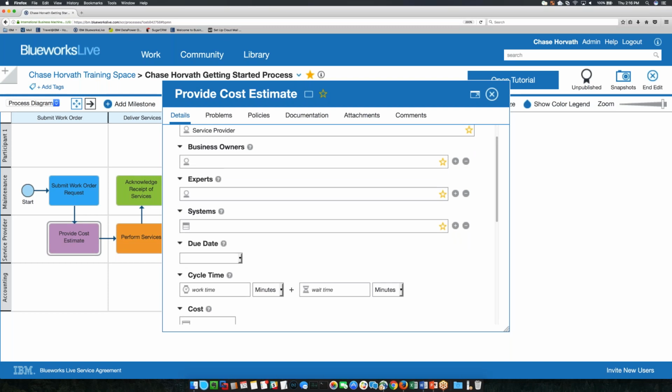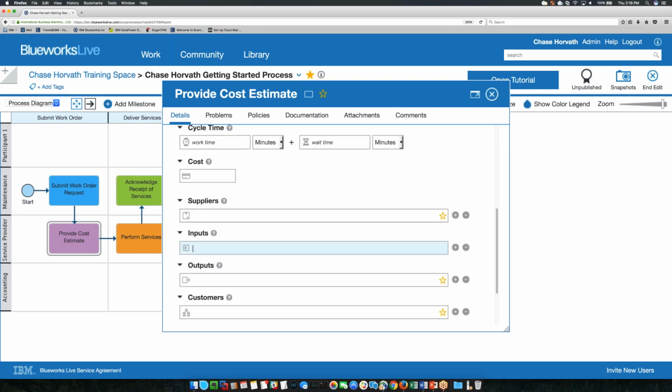The input is going to be a work order request. And I'm going to say that the output is going to be a cost estimate. So Blueworks Live is heavily object-oriented, and now that I have created this cost estimate value, that's actually going to immediately and automatically become an object in my glossary. And I can add metadata to it